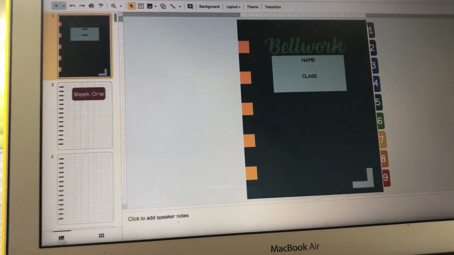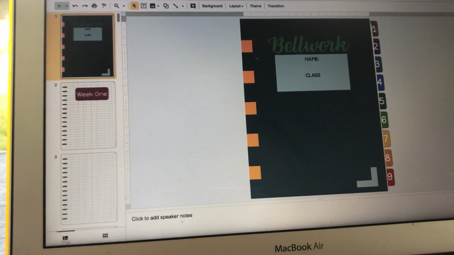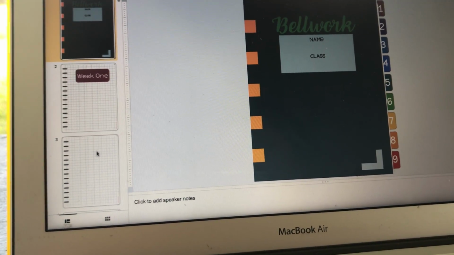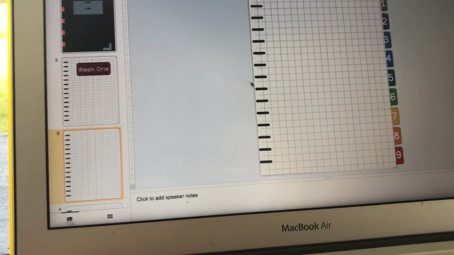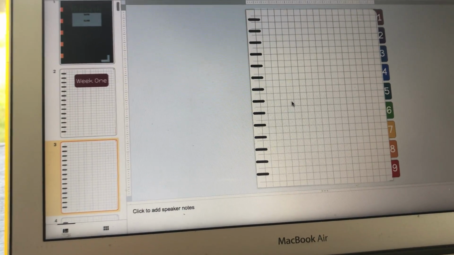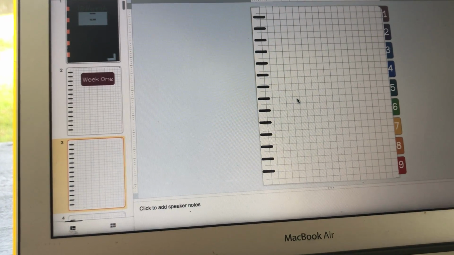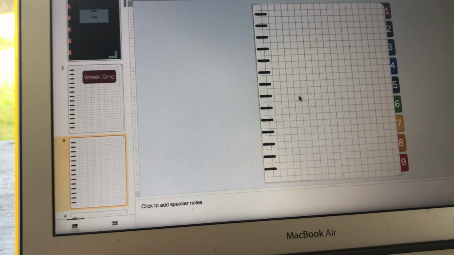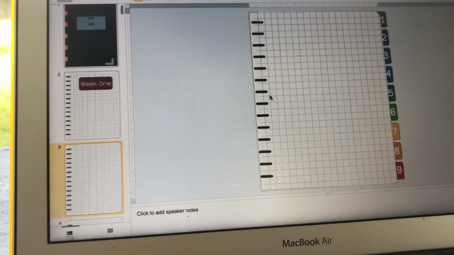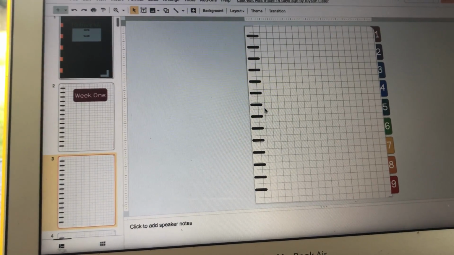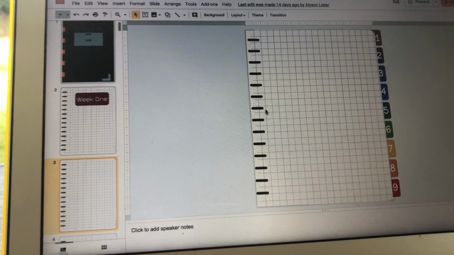When you purchase the Bellwork interactive notebook, it comes with 9 weeks of Bellwork that each have 5 blank slides. However, you might want to pre-make certain Bellwork, and because each teacher does Bellwork differently, we did not create templates for this. However, I want to go through real quick and show you how you can make an interactive Bellwork